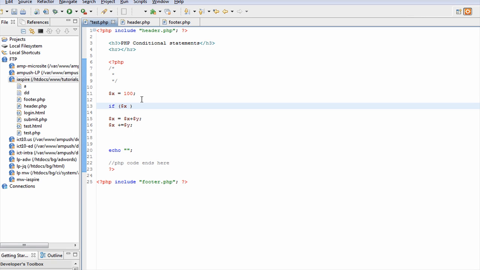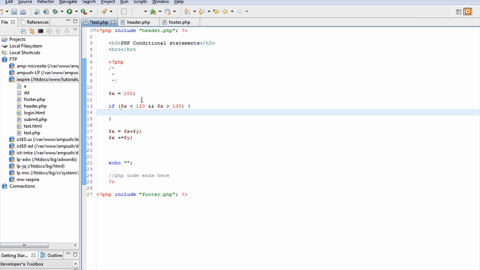So let's say, for example, we say if x less than 100 and x greater than, or sorry, it should be just the other way. If x less than 120 and x greater than 100, commission equal to x times 0.5, give him a big commission, because you're really making less money. Else if,